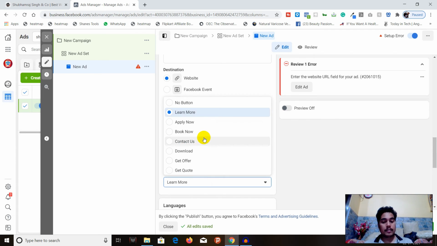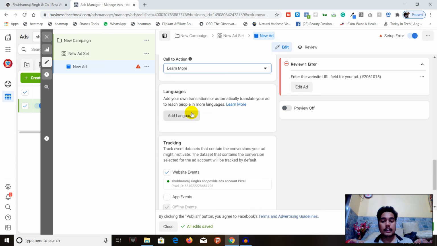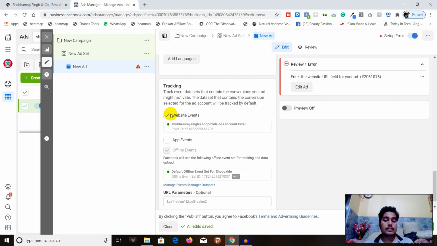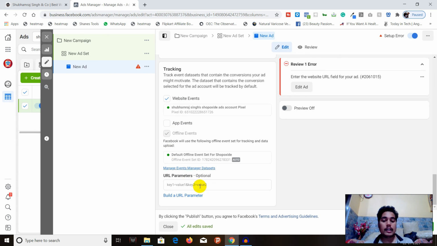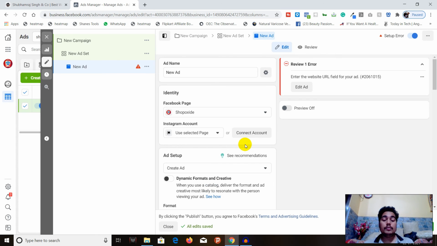You have to select from here only. You can add your own translation. You can use tracking. I will also show how to install the Pixel on your website in a future video, so you can track it, and you can also build a parameter. So that's pretty much everything about the levels.